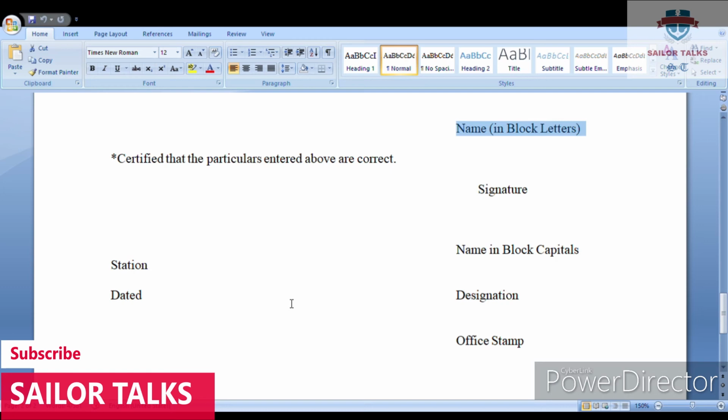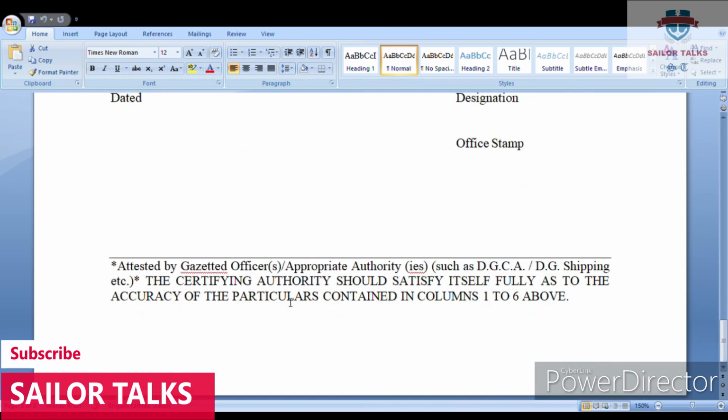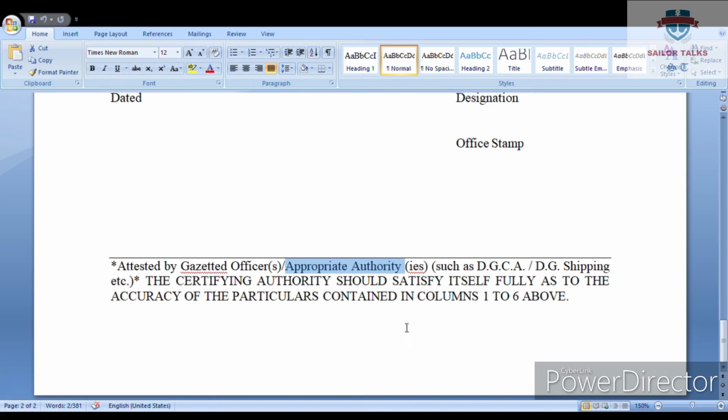Now the question obviously arises, who is a gazetted officer? For that, you see here, as attested by gazetted officer, appropriate authorities. Gazetted officers or appropriate authorities such as DGCA, DG Shipping, the certified authority should satisfy itself fully as to the accuracy of the particulars contained in columns 1 to 6 above.